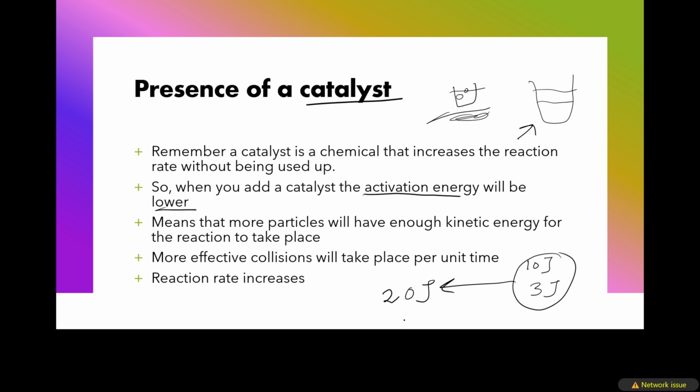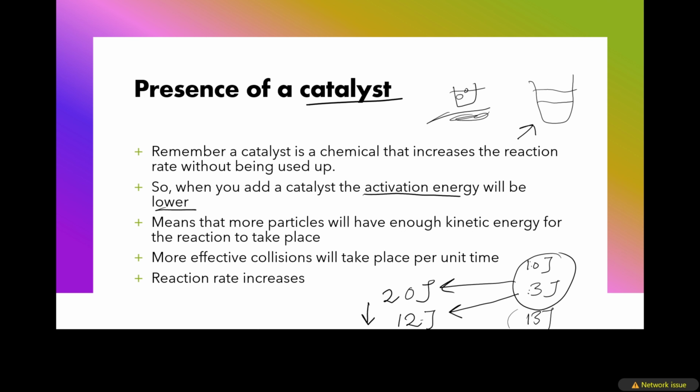But then when you add a catalyst, the activation energy required will be lowered. For example, this activation energy will be, let's just say, 12 joules. So it means that for this reaction to complete in the presence of a catalyst, it will need 12 joules. So this one with 10 and 3 joules will be able to complete this reaction because it has lower activation energy. If you add these energies, it will be 13 joules, which is greater than 12 joules, in such a way that these can complete this